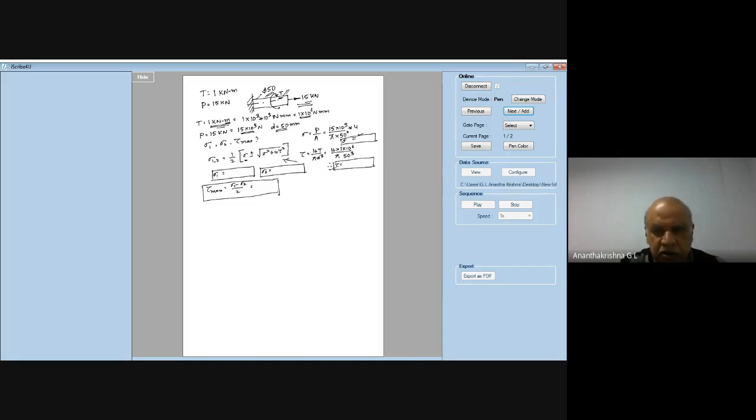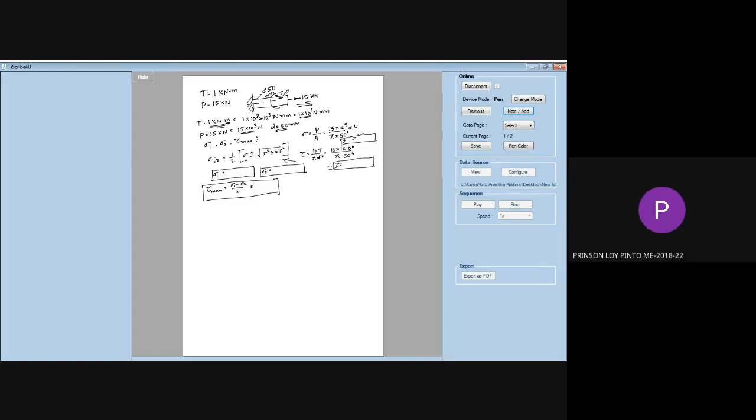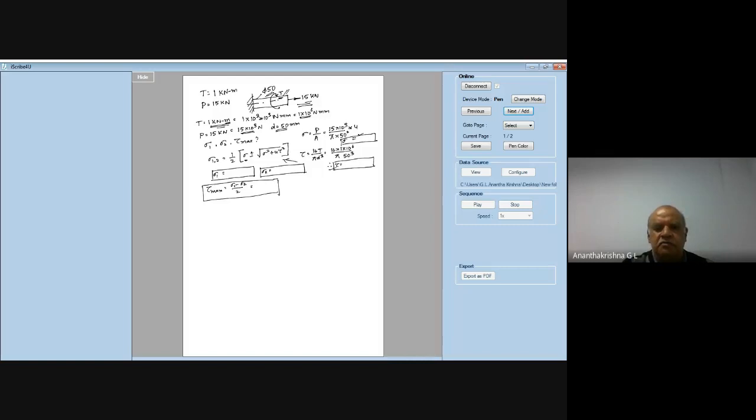Others, all of you, please involve and solve the problem. Find out these stress values. Pinto, Prayag, you're all there working? Yes, sir. Fine. Rishi, Dineshwar? Yes, sir. Okay, please work out and let me know the answer.